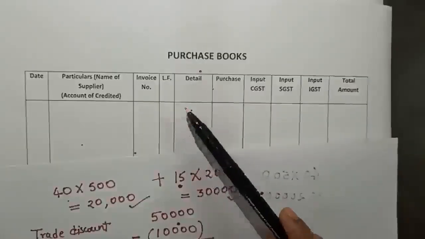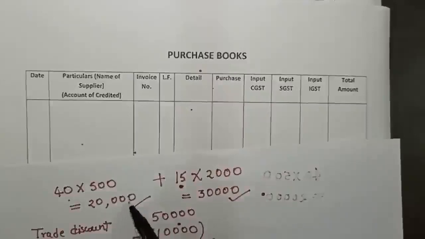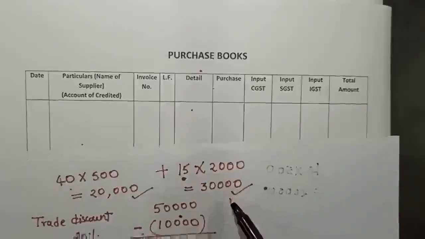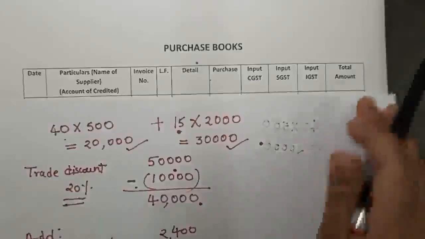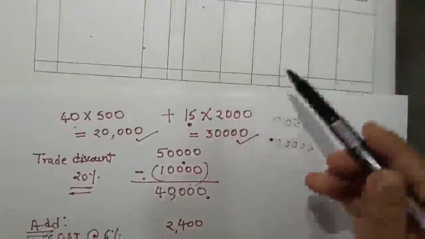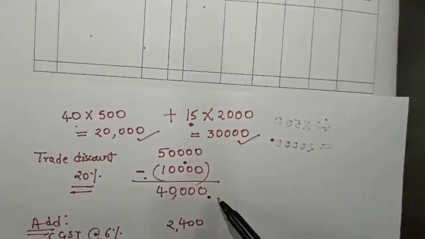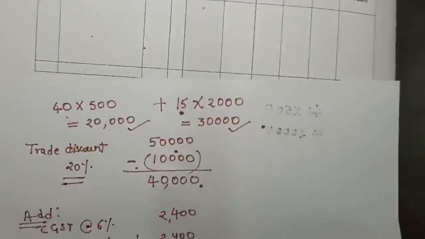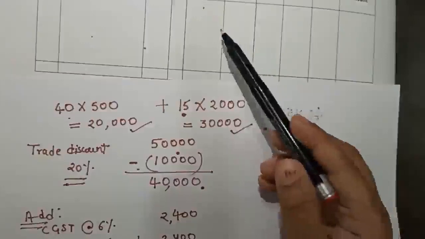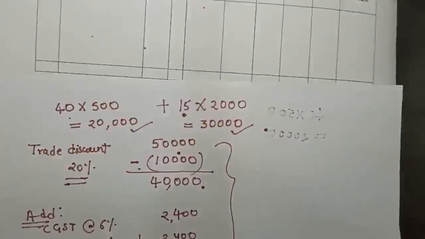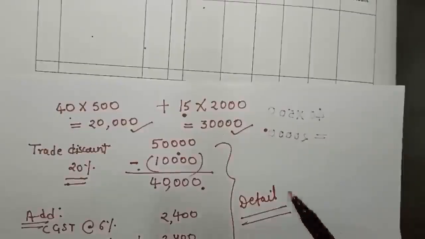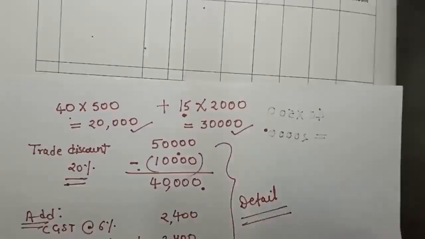Ledger folio later on. Then details, the total of here 20,000 is the tube light amount, 30,000 the amount of table fans which will be written in the detail column. After that trade discount 40,000 to be we have after the subtraction of trade discount of rupees 10,000 and adding of GST. So in the detail column we are going to mention all this thing. ये सब हम किस में लिखेंगे? डिटेल कॉलम में लिखेंगे. और अब इंडिविजुअली अमाउंट्स को हमें मेंशन करना है.